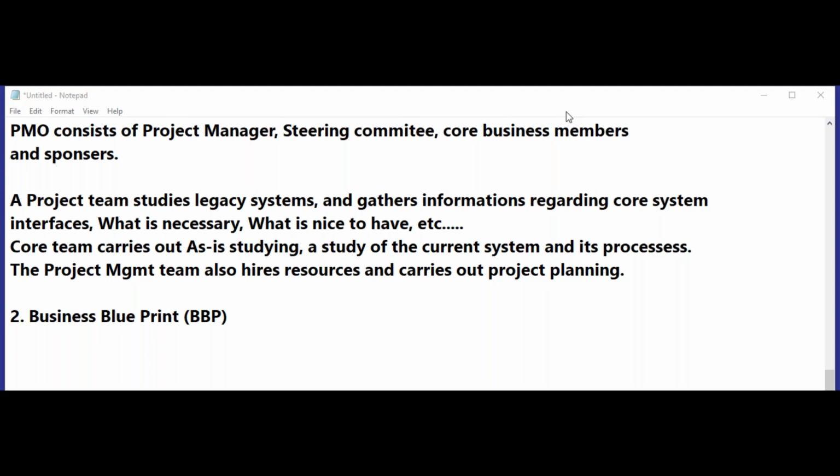So the core team does gap analysis and analytics of the differences between the system as-is and the system to-be. And finally, they allocate the resources, write down the rules and regulations or requirements of the new system, and integration points and interfaces and how the process is going to be mapped, which are going to be finalized